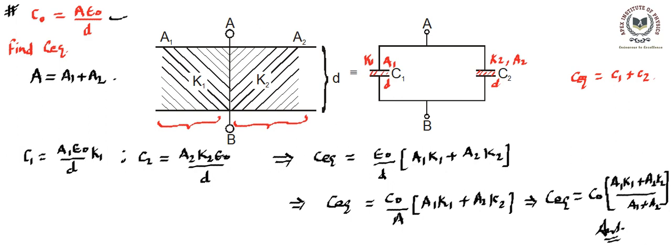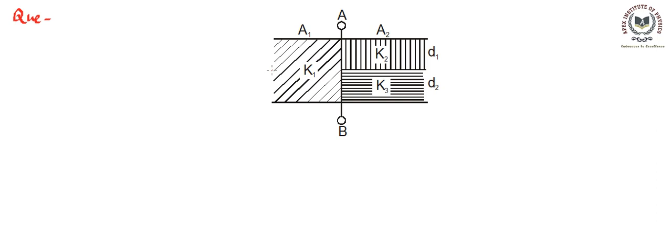So let me give you one more question based on this dielectric filling. So here is another question. A very similar type of question came into examination some years back, and it says there is a parallel plate capacitor. Let's say the capacitance is C naught, the initial capacitance, which is A epsilon naught divided by D. D is the original gap, and the space between the parallel plate capacitor has been filled by various dielectrics. One is K1, another is K2, another is K3.